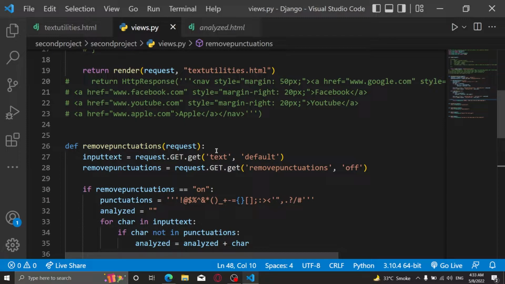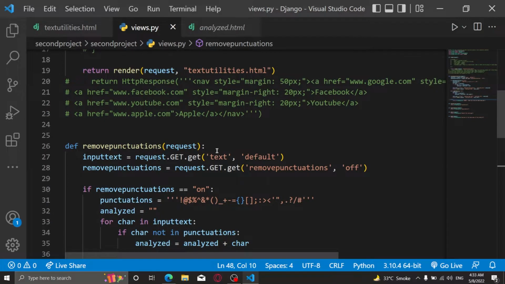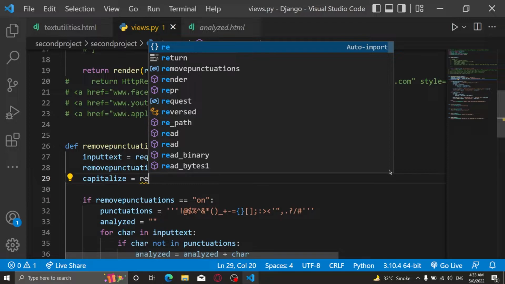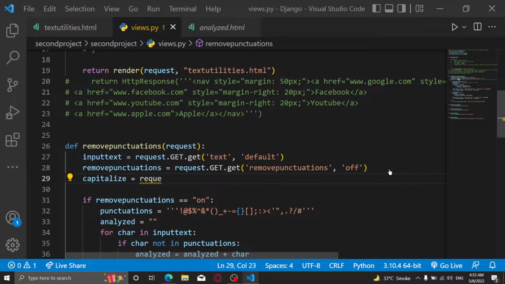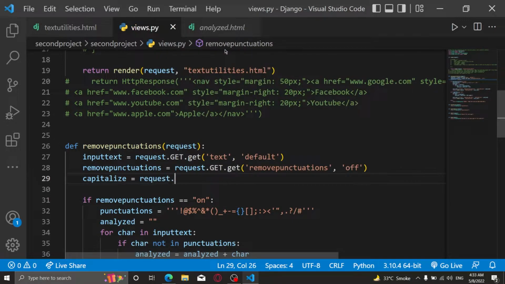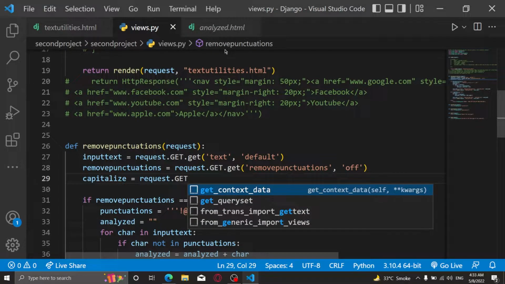Okay, so this one here, let's do one more thing. Here, I will also put capital S. Maybe that will solve our issue. Request, request dot get. Yeah, why? Because see,